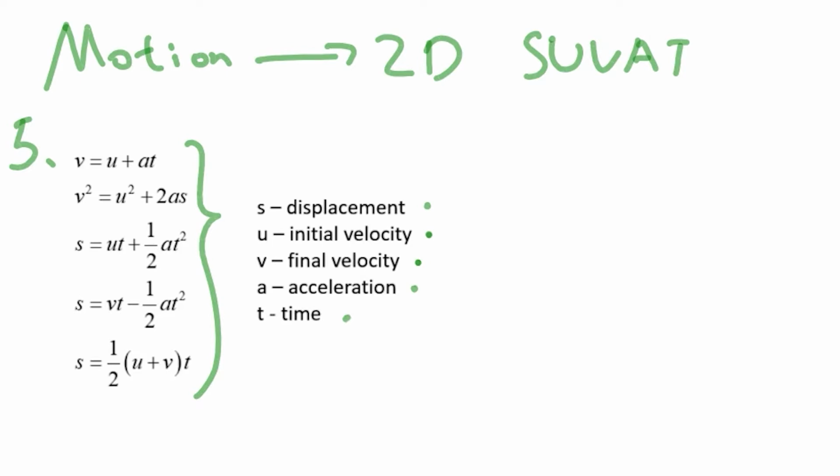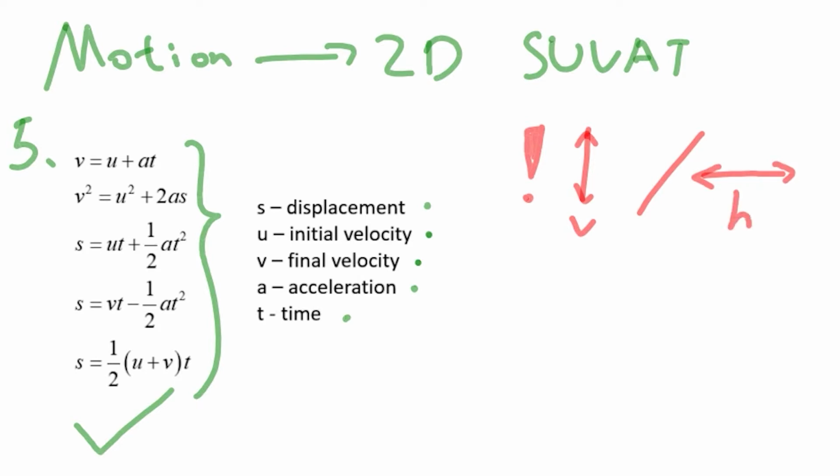Any of these 5 SUVAT equations can be used to find the desired variable, and it is mainly up to you to choose the easiest and most convenient equation. One important thing to remember is that you must do the vertical and horizontal components of SUVAT separately. Don't mix the vertical components and the horizontal components together, otherwise you'll be going on a wrong course and never